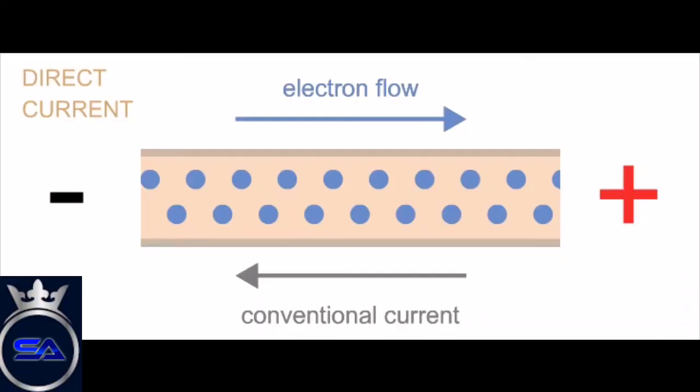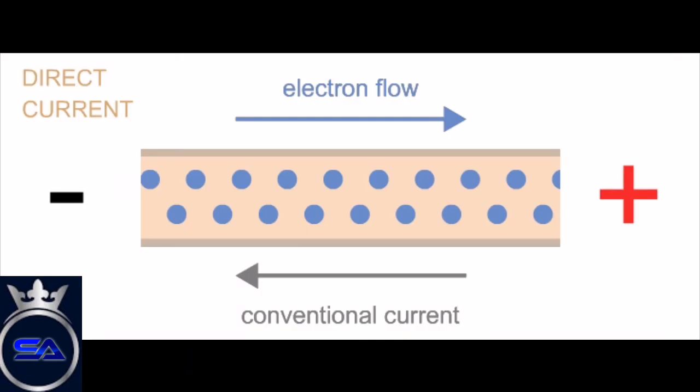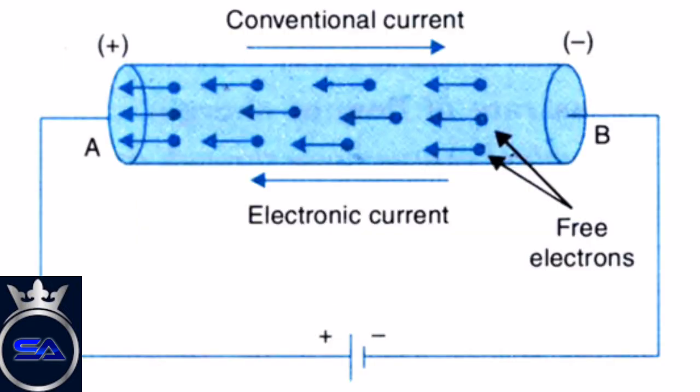The next subtopic is conventional current. When electricity was first discovered by Benjamin Franklin, it was assumed that electricity was the result of flow of positively charged particles from the positive terminal of a source to the negative terminal of the source through a circuit. It was discovered later that electricity is the result of flow of electrons from the negative terminal of a source to the positive terminal through a circuit. That is, conventional current flows in the direction opposite to the flow of electrons.